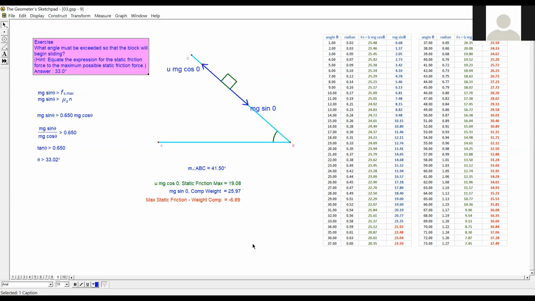What angle must be exceeded so that the block will begin sliding? Hint: equate the expression for the static friction force to the maximum possible static friction force. Okay, right. Now the question is different. Instead of